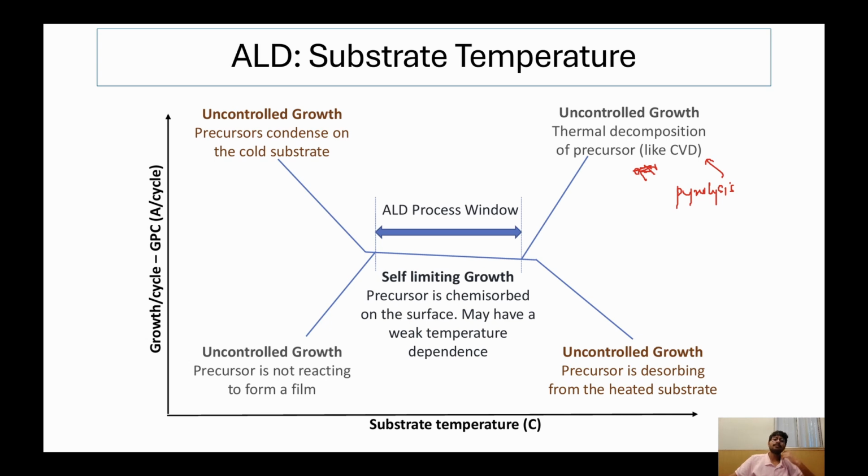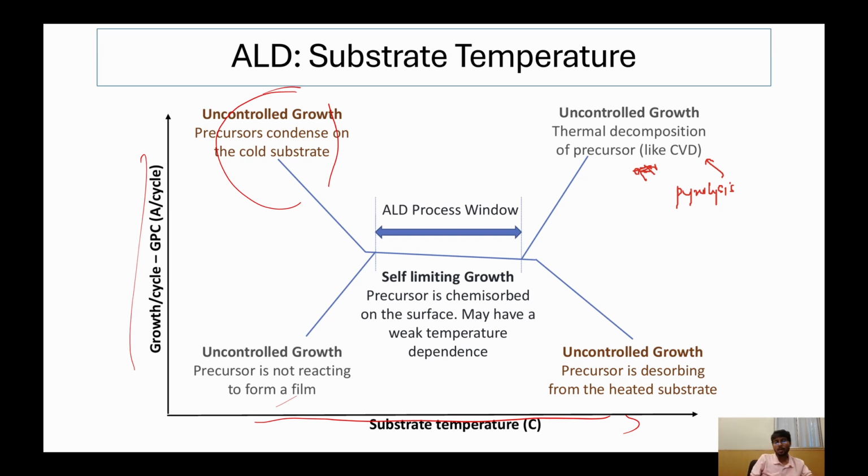Now let's come to the ALD window. What is the ALD window? Atomic layer deposition window, for the substrate temperature. On the x-axis this is the substrate temperature and this is the growth per cycle. So there are 5 regimes. This one is uncontrolled growth,